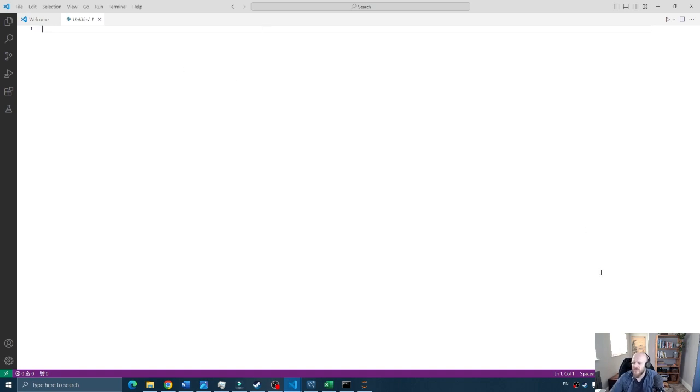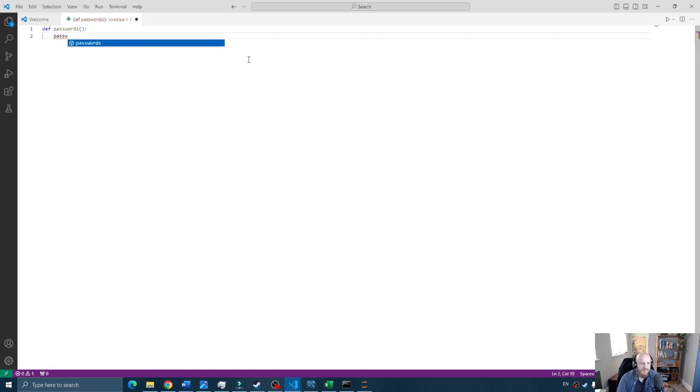So we will look at an example of that right now. I'm going to define a function. I'll call this function passwords. This function will take no arguments, so there's nothing in the brackets. And then I'm going to put a colon, enter, and I'm going to say password